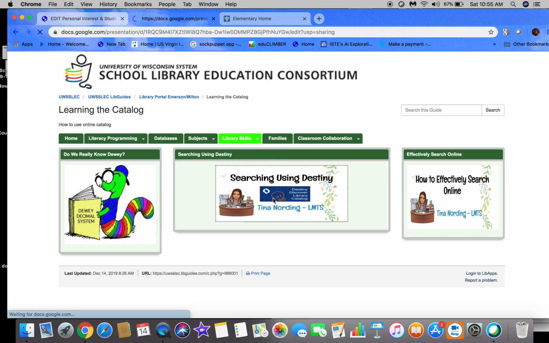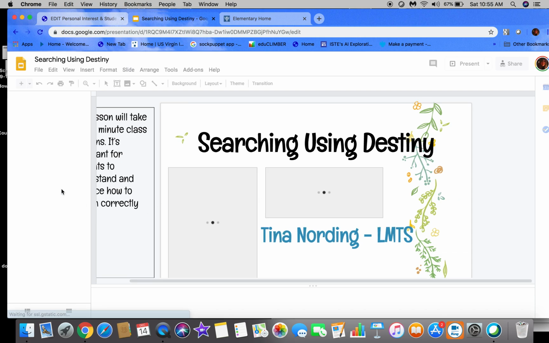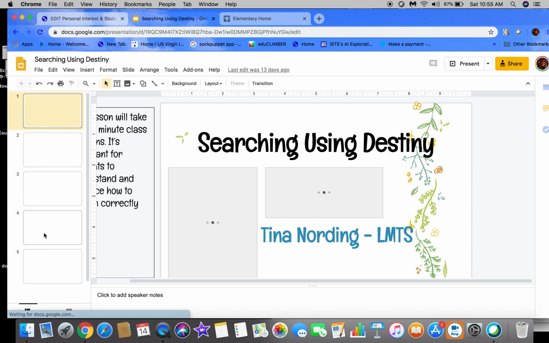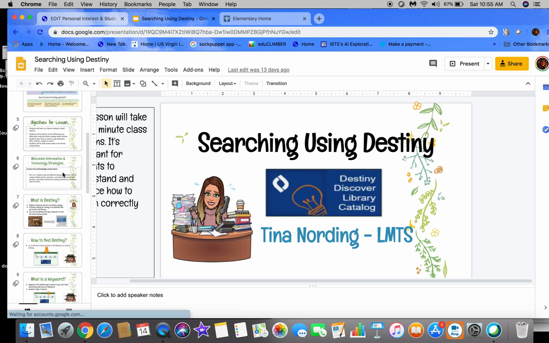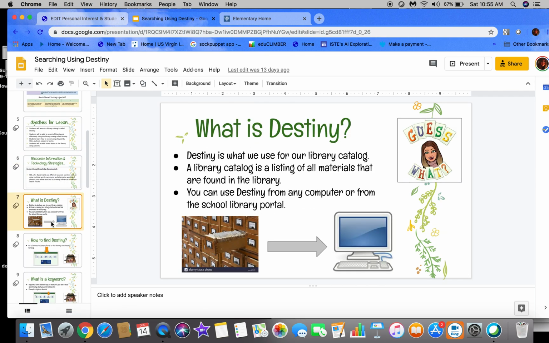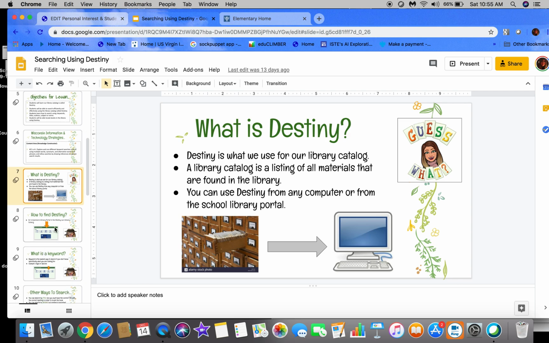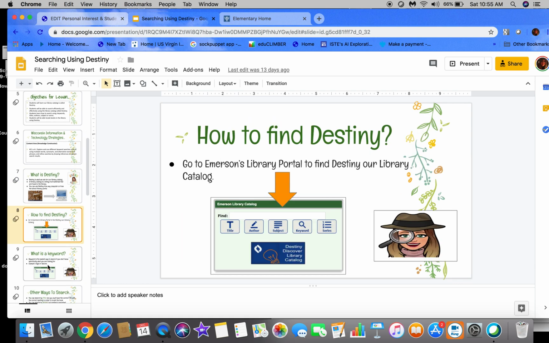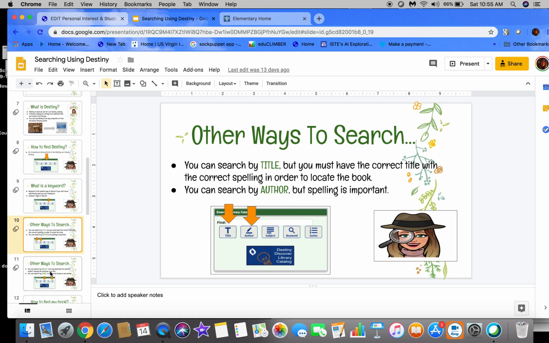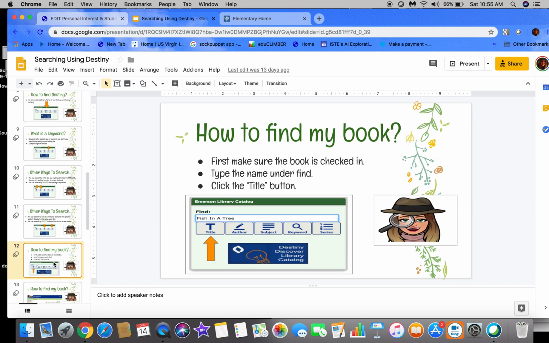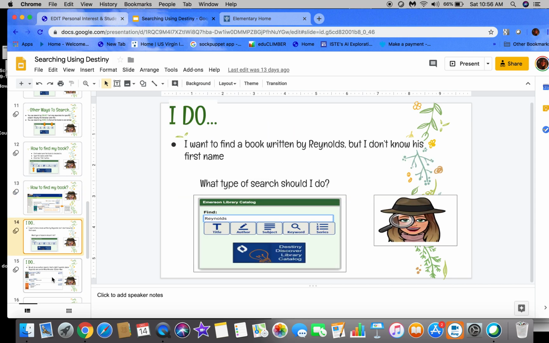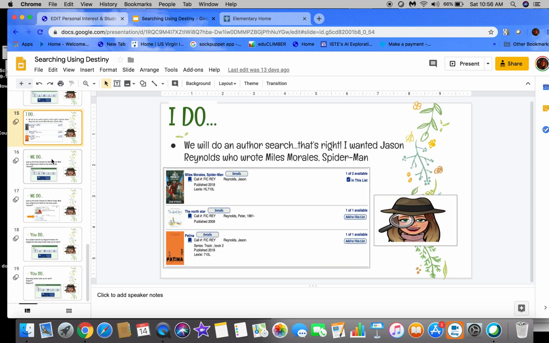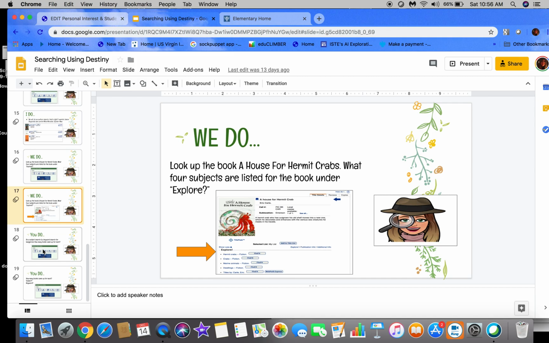So if you click onto the images, I designed Google Slides on each of the different strands so that they could learn about what our cataloging system is and what it looks like. I also tied it into the standards. And I also followed the we do, you do,